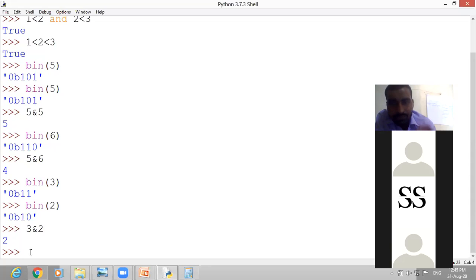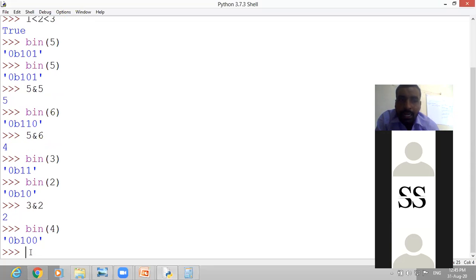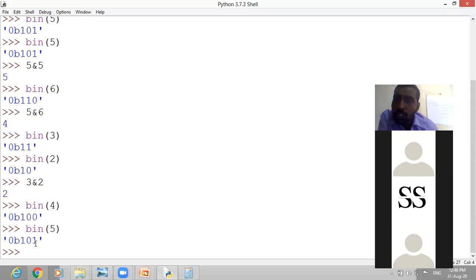Now next number. Suppose we have a 4, binary of 4. That is 1, 0, 0. Then we have binary of 5. This is 1, 0, 1.